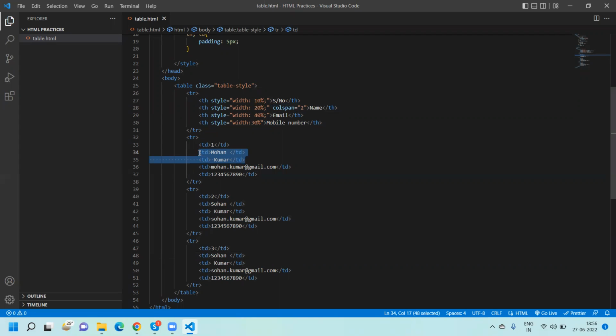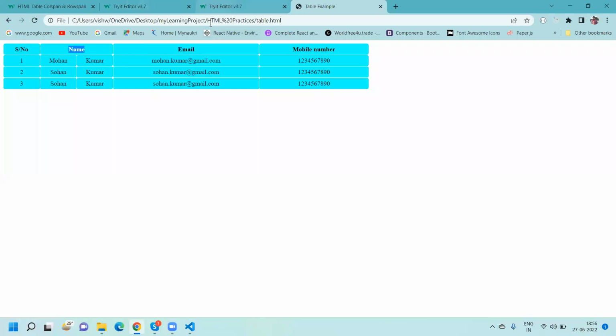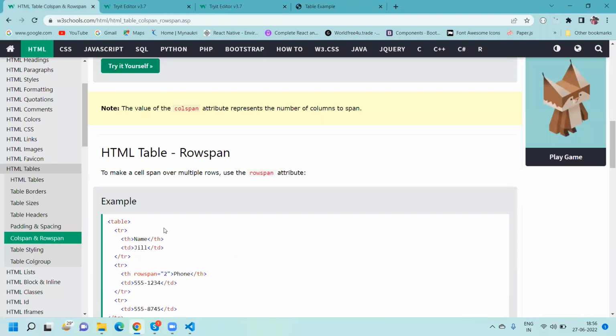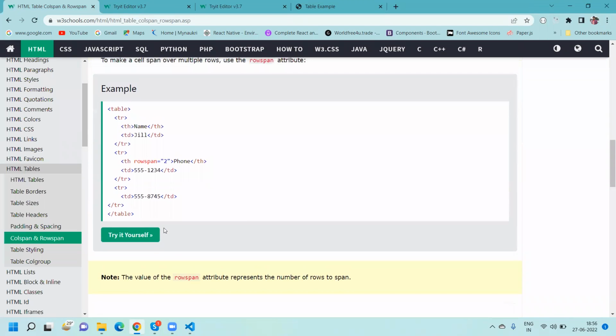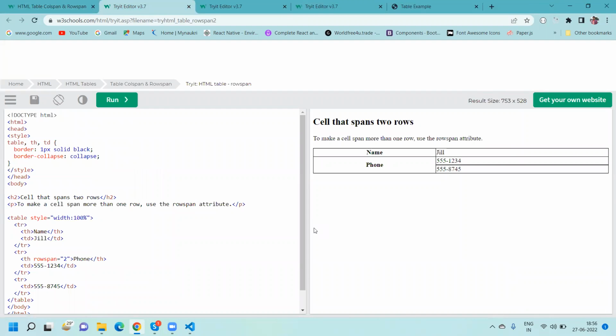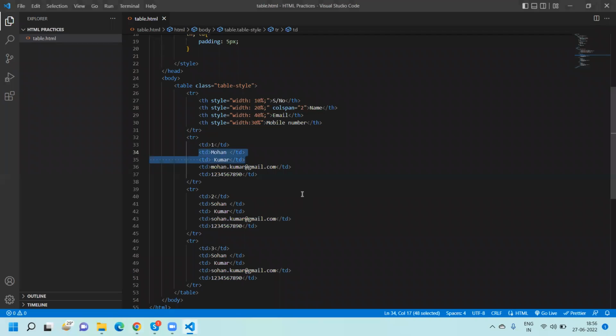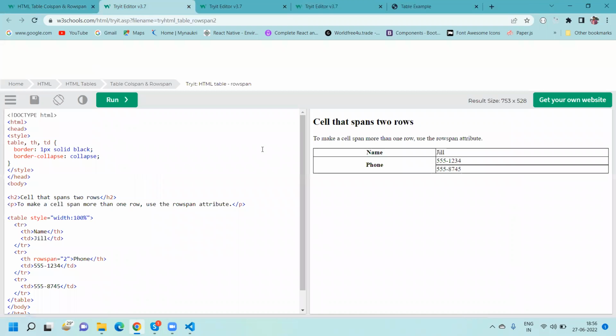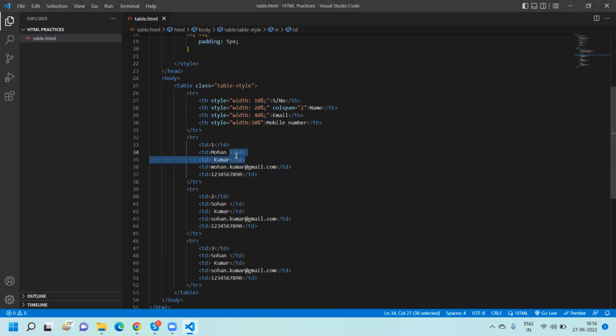And what is the rowspan? That is the colspan, right? What is the rowspan? Rowspan, I will show you. Rowspan, if one row, for example, that is the one Mohan row, right? Mohan row, that is the one row. Mohan row, if you want to provide inside the one row, if you want to add two more rows,